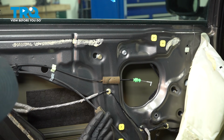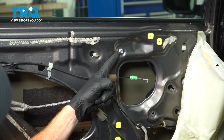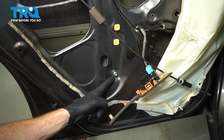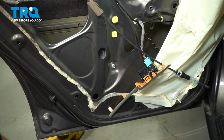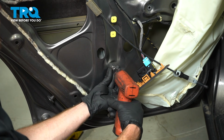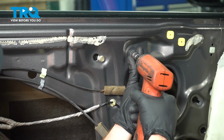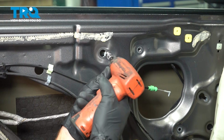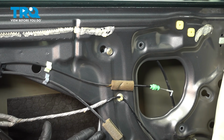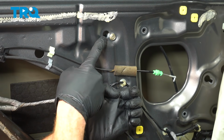Now we can continue removing the rest of the window regulator from the door. You'll find that you have 2 mounting bolts up along the top area here, and 1 located directly along the bottom. We'll remove the 2 silver-looking bolts and loosen the gold-looking bolt. Now we can carefully reach inside of here. We're going to grab onto the window regulator, lift it up, and slide it out through this hole, pushing it